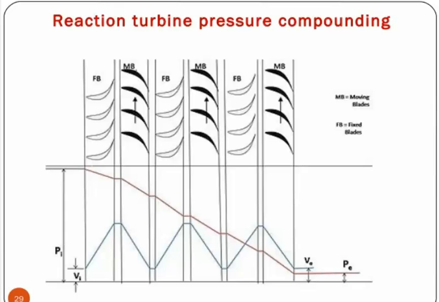In this type of turbine, the pressure drops take place in a number of stages. The steam passes over a series of alternate fixed and moving blades. The fixed blades act as nozzles, that is, they change the direction of the steam and also expand it. Then the steam is passed to the moving blade, which further expands the steam and also absorbs its velocity,